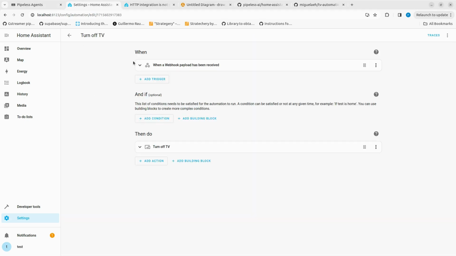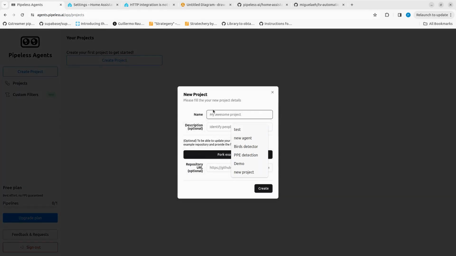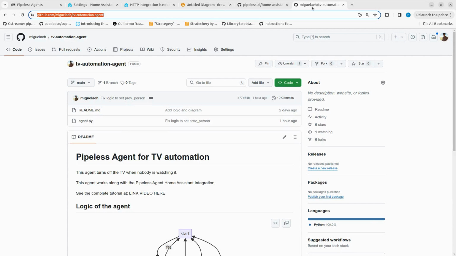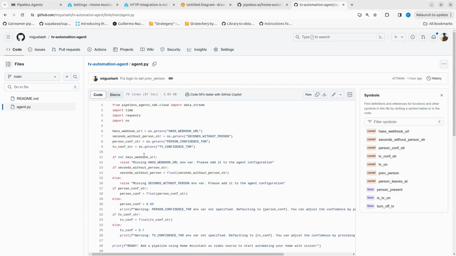Let's go to the Pipeless Agents platform. Just log in and create a new project. I'm going to call this TV Automation Demo. And here in the repository URL, we need to provide our agent code. In this case, I have already created a repository that you can directly use. This is the repository which contains our agent.py file, which is the Python script taking care of turning off